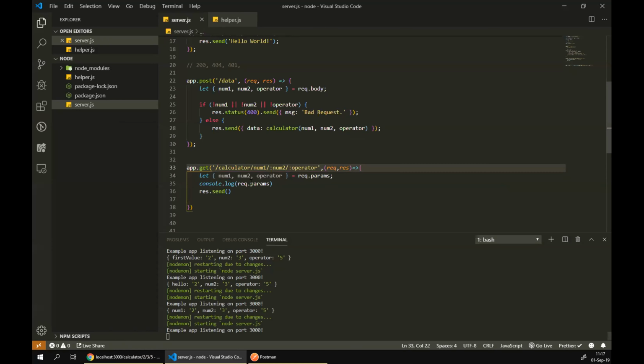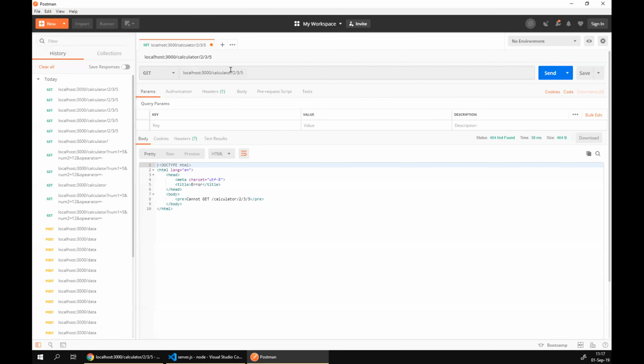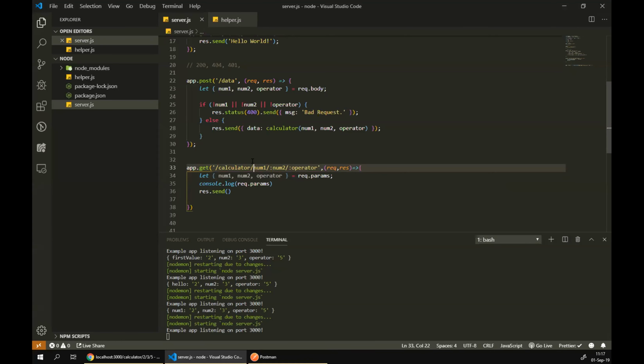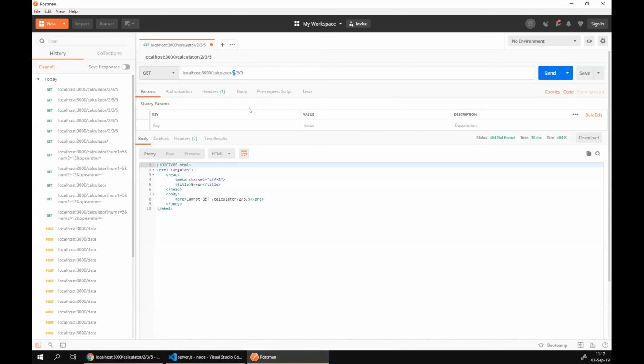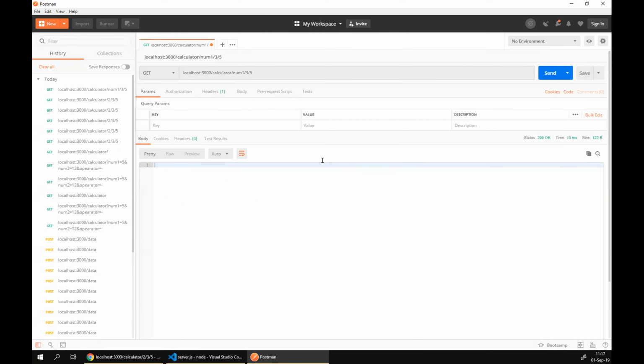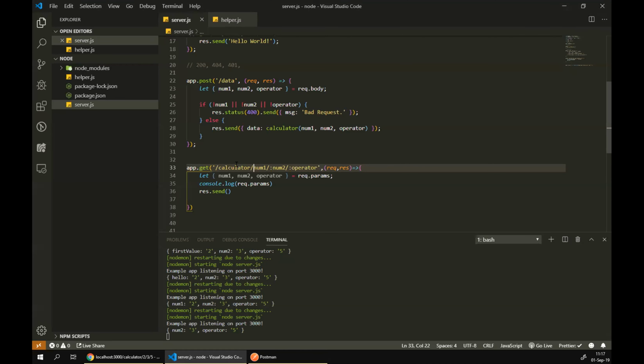Cannot make, because this 2 is wrong. This is not a dynamic value. It should always be num1. Okay, now it will work. So if you put this 2